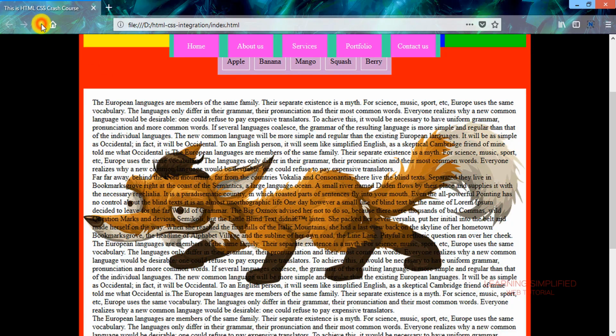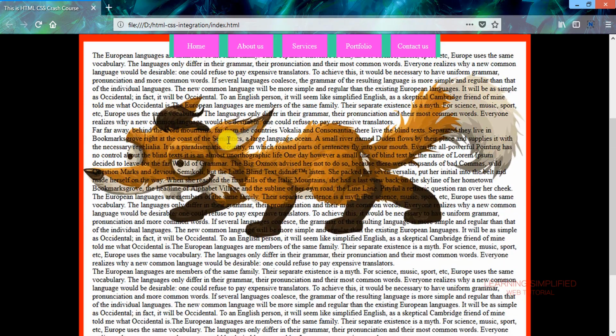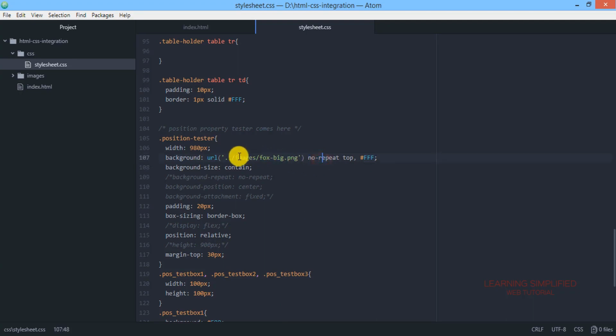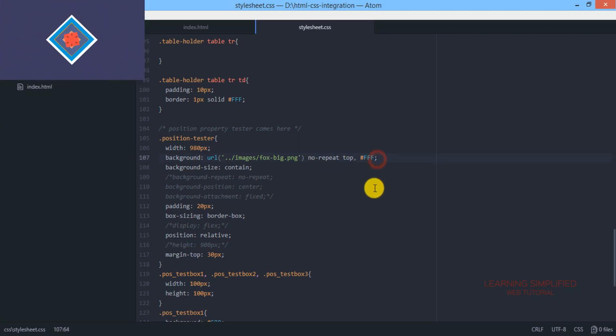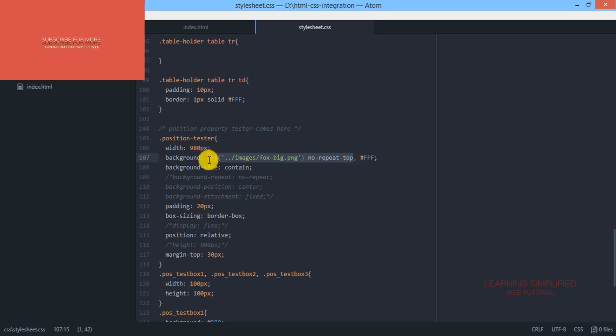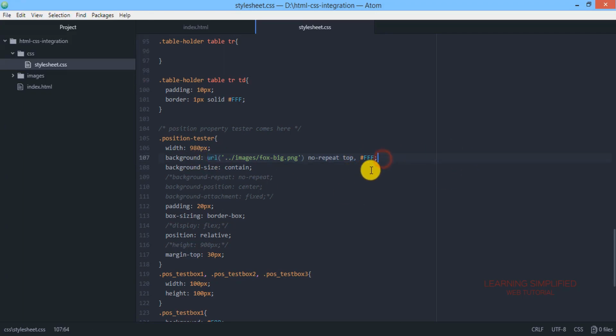Let's get back to our project and reload, and we can see that this background is now being used along with the image. This image is an individual PNG image, as we have discussed so far. This is an individual element, an individual image, and in the next case we are going to use an individual color over here. So this is a single property, a different property, and this entire thing is another property, but both of them are being used in the same place accordingly. So that is what we can see over here.